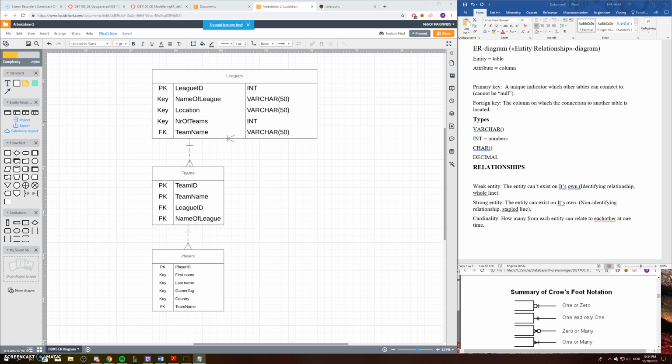So this is the ER diagram I've chosen to make. ER diagram stands for Entity Relationship Diagram, and it consists of entities and attributes and the relation between the different entities. The entity is basically tables, entity equals table. So leagues is a table, or is going to become a table. Attribute is the same as column,